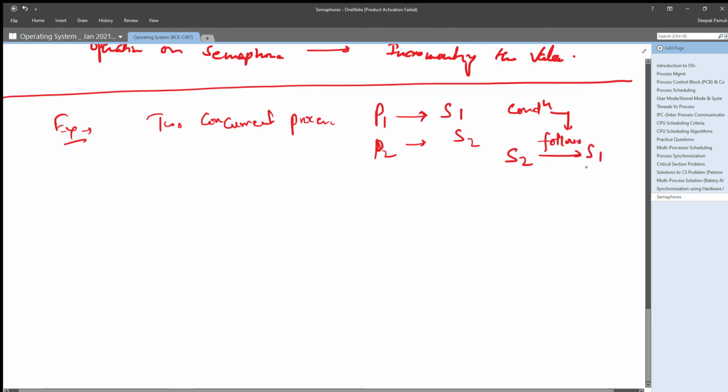That means first the S1 statement should be executed and only after that S2 will execute, right? So you have to provide a semaphore solution for that.